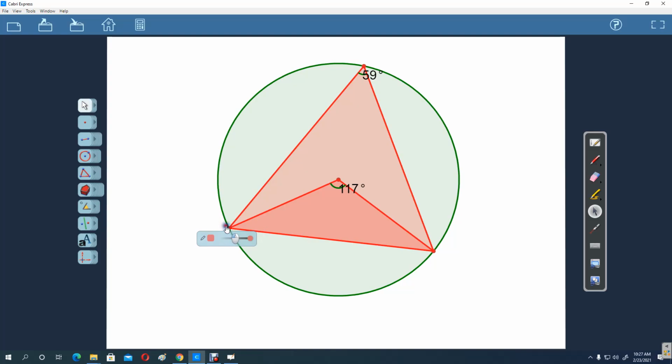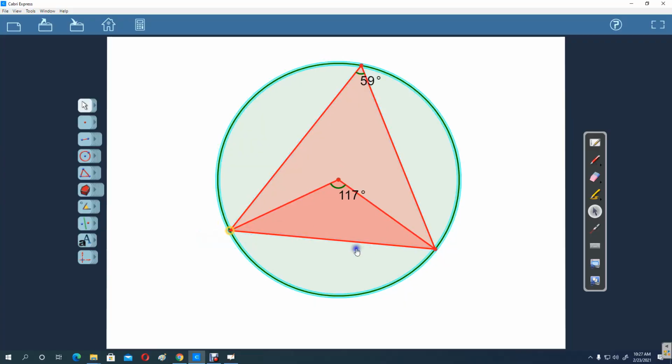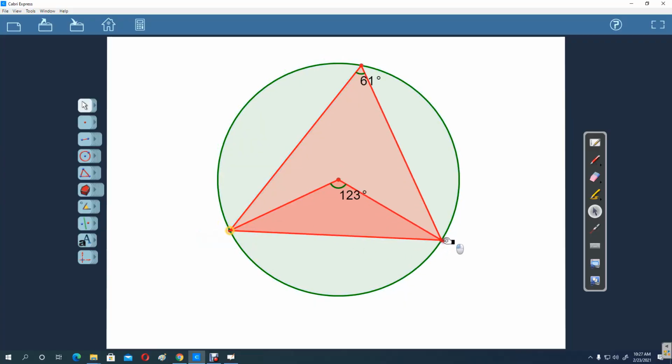Okay, let's go with it. Very good. There we go. So notice that the angle at the circumference here is 62, and the angle at the center is 124. So this angle is twice as big as this one. Now, if I keep moving it,